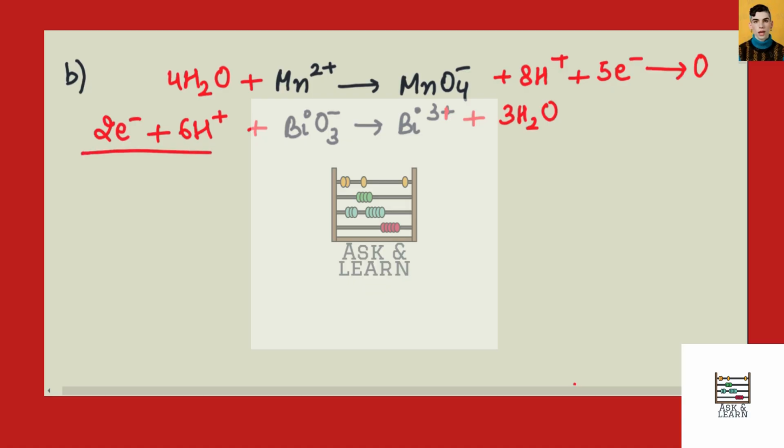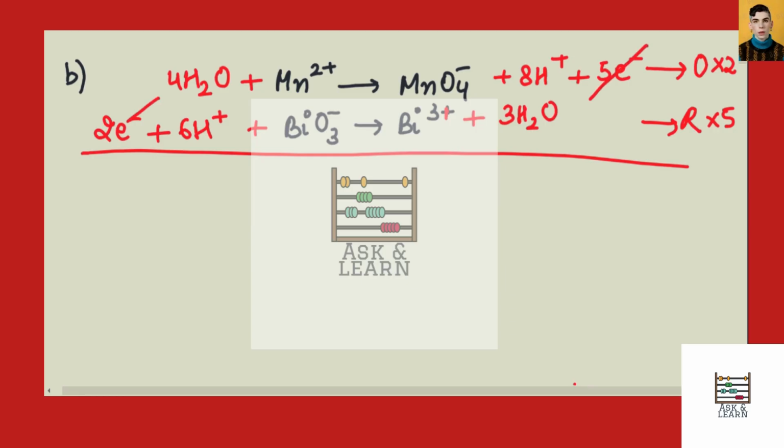Okay, and now we will add it up. So this is a reduction reaction, and then we will multiply this by 2 and we will multiply this by 5 to cancel out the overall electrons. So this gets cancelled, and then we will end up having 2Mn2 positive plus 5